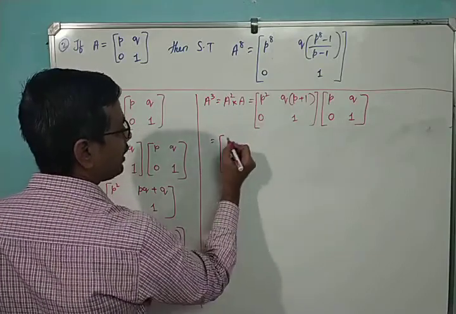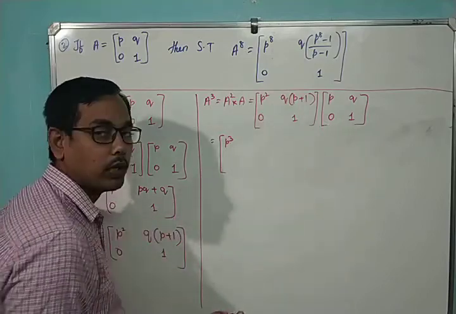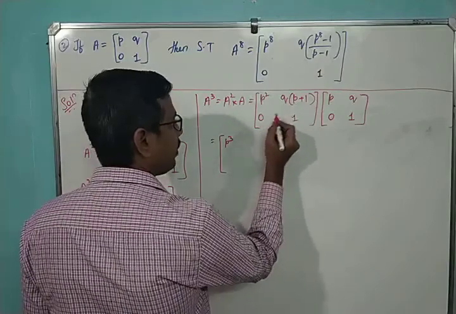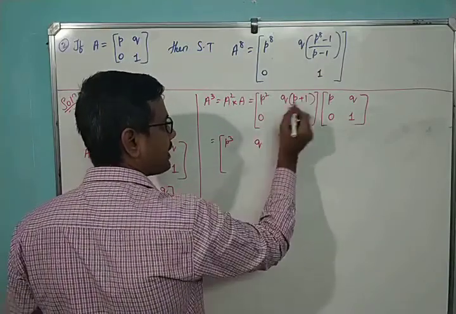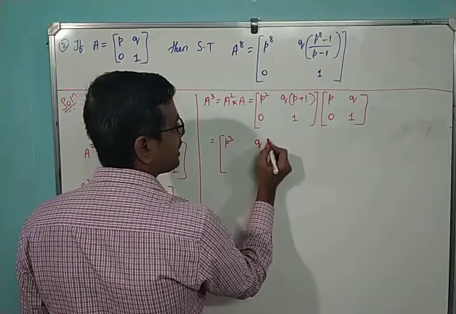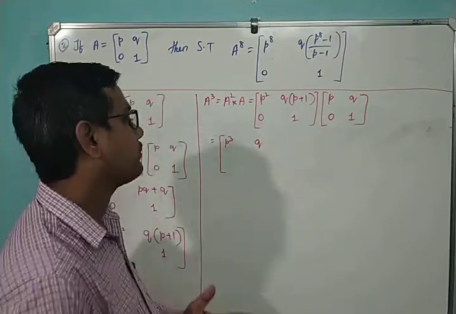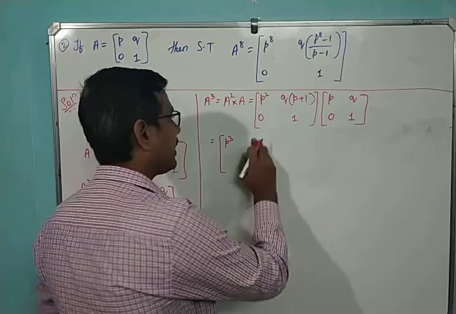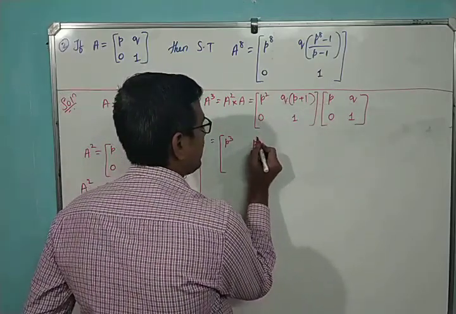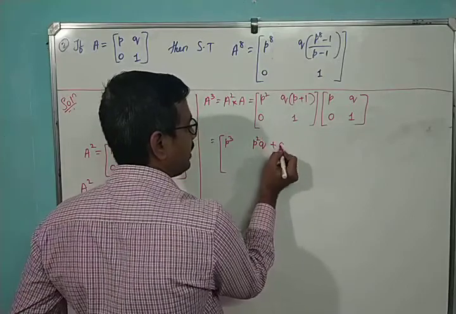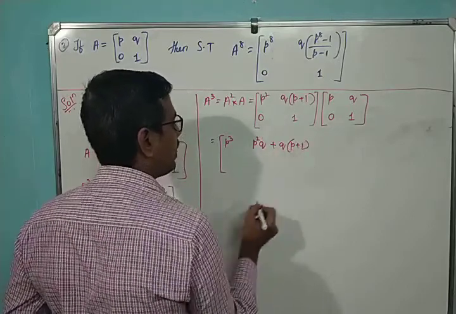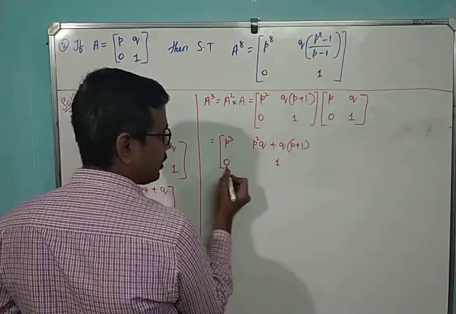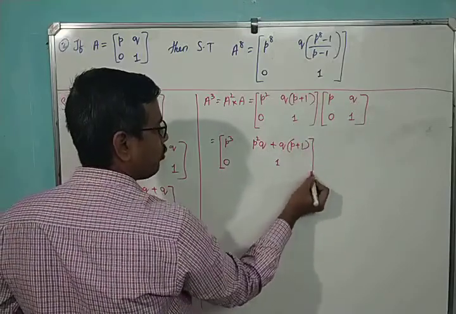Okay? So P square into P is P cube, plus this into 0 is 0, leave it. Here what we will get? Q, or I can write Q as it is, right? P plus 1 into, correct? See, P into P cube is P cube, this into 0 is 0, so we got only P cube. Here P square into Q, P square Q plus Q into P plus 1, 0, 1. 0 into 0, 1 into 0 is 0, 0 into Q is 0, plus 1 into 1 is 1.